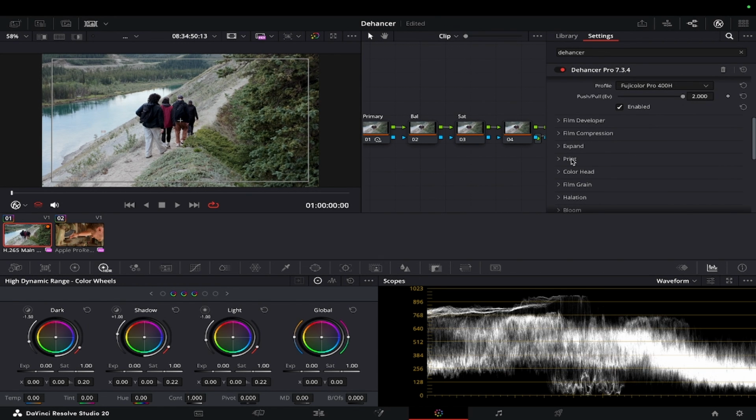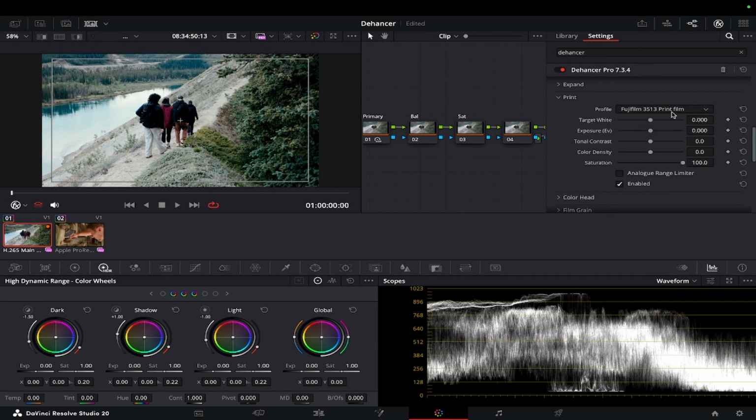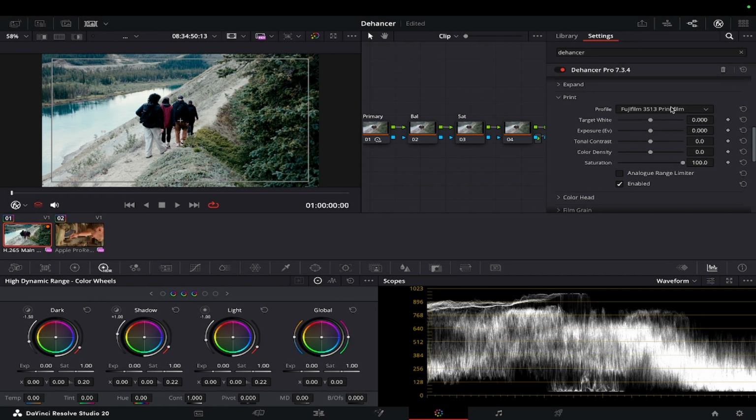And next thing is go to print. This is where the magic happens. Enable, and you can choose Fujifilm, Kodak, this one. This time let's go with this one. I usually check this one, and as you can see, this clipping part is fixed and there's a little detail here. After that, I'm gonna